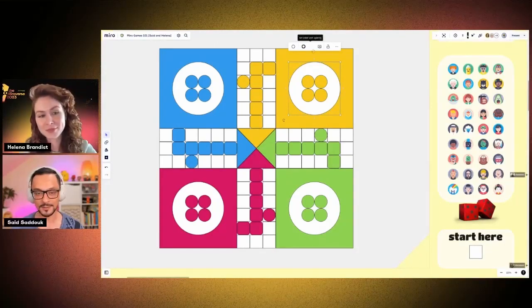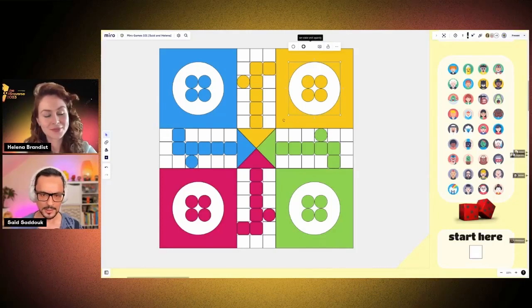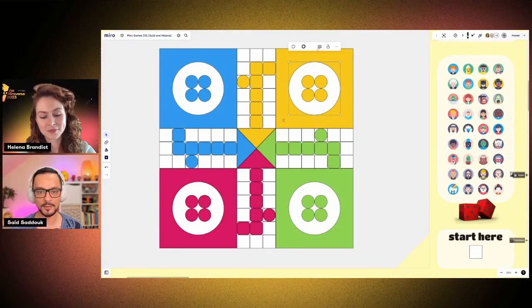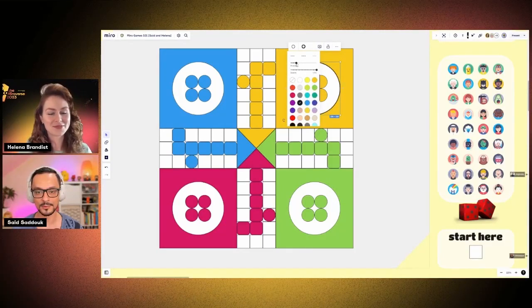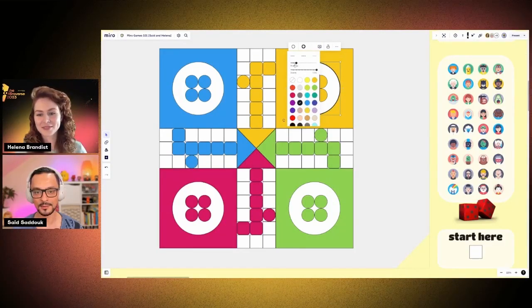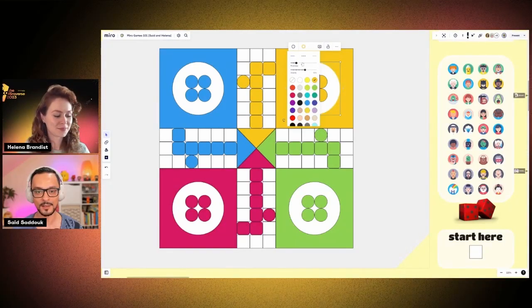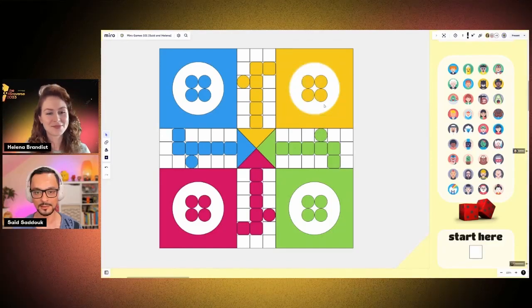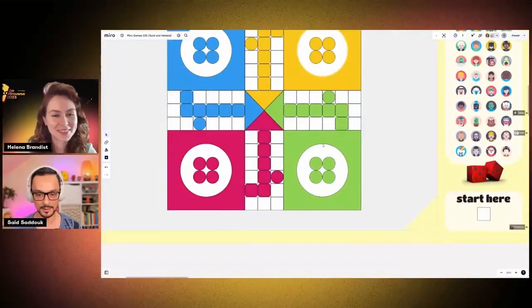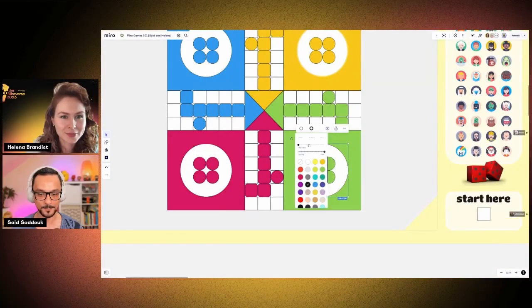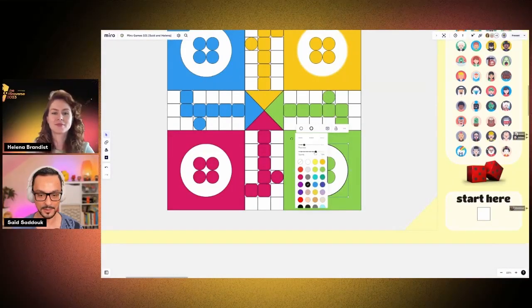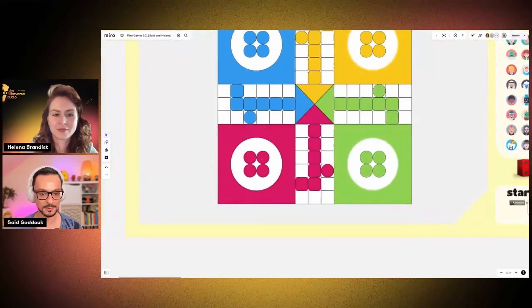So I will add some details. We are nearly done, but I will add some details because we have some time left. So I will add a border to the outer cycle like this, make it a little bit thicker, reduce the opacity, and make it the same color as the background. So we have a little effect on it, if you can see it. I will zoom in a second, and I have to repeat it again. Same steps. Choose the outline, make it like this, okay, and make it the same color as the background, and